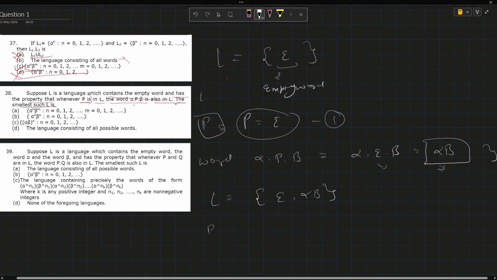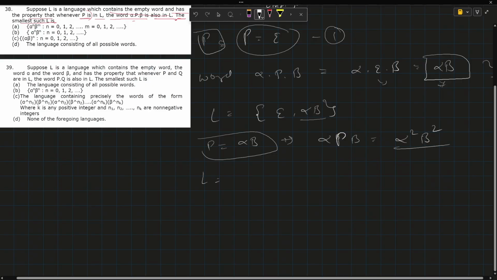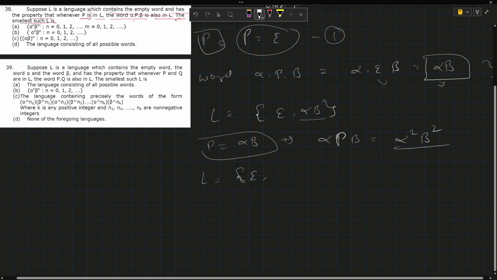Now take P as alpha B, the second term, and put it in this word, which would look like alpha square and beta square. And again, now add this term to the language, because we have to find the smallest possible language that can satisfy this condition. So that will be the way. Empty word, and square. Now if you see the pattern right here,